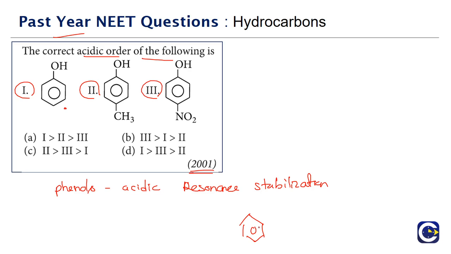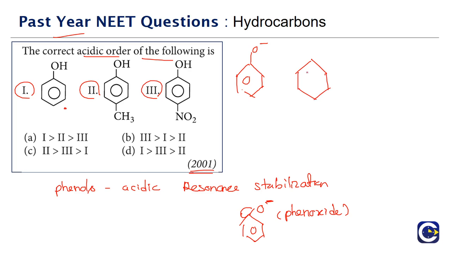From phenol, if the H plus is released, then the anion that is formed is called what? Phenoxide ion. The phenoxide ion will be resonance stabilized as the negative charge will get delocalized into the ring, and that is the reason for the stability of the phenoxide ion. So the resonance stability of the phenoxide ion is the reason for the acidic nature of phenols. If you look at this particular question, we look at the anion that is formed after the release of H plus. From phenol we will of course get phenoxide ion.